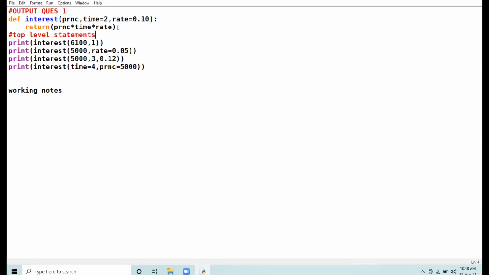So the interest function has been called with two arguments, 60, 100 and 1. Okay, raise your hand and tell me which parameter the 60, 100 value will be going to and which parameter the 1 value will be going to.